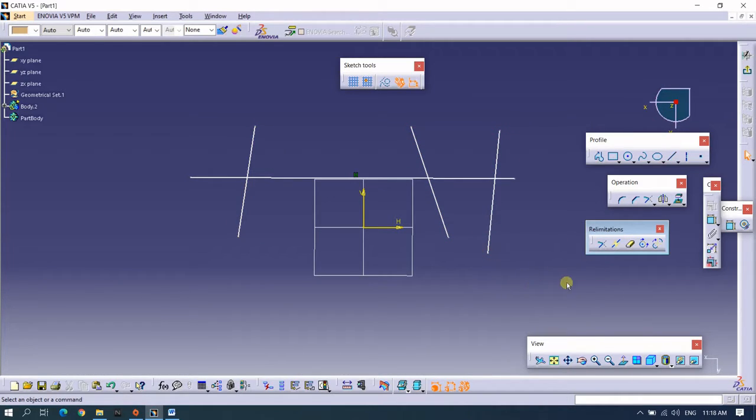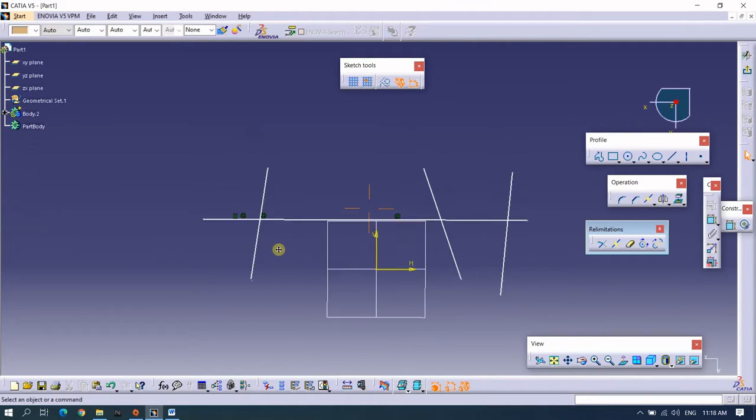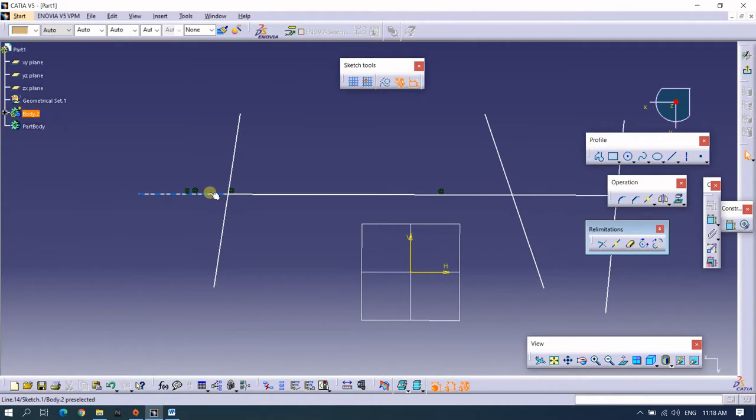Yes. Now we will select the break tool, and now let's select first a line which we want to break. So first line, that is the horizontal line, we will select, and second line I am selecting the vertical line. So now when you move the cursor over the horizontal line, you can see it gets highlighted separately. It has broken here from the vertical where the vertical line was situated. It has got broken into two parts.